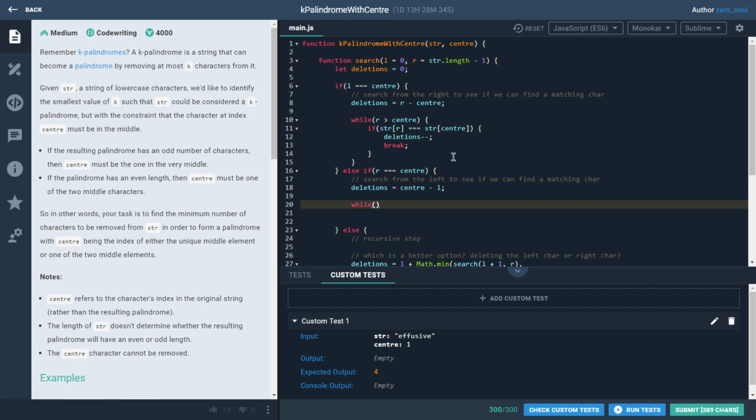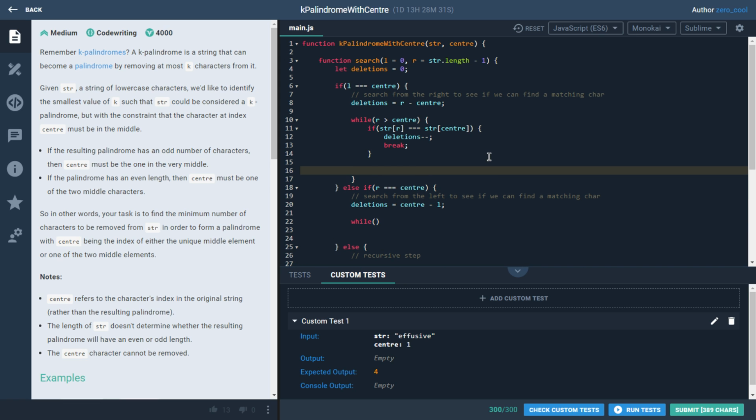So, whoops, I missed one thing, which is that we actually have to say R minus minus. If we don't do that, then this while loop is maybe going to be here for a while. It's maybe going to be doing its thing for a while. So while L is less than center, we want to be doing the same sort of thing. Before I write all of this out, I want to point out a few things. First of all, we're doing this R minus minus. We could actually,